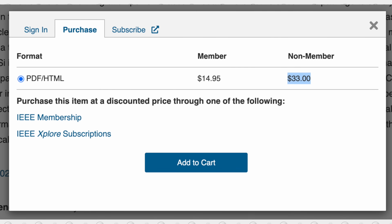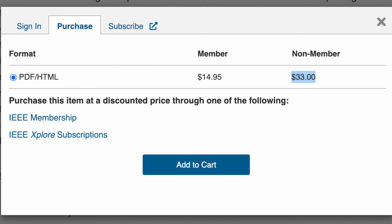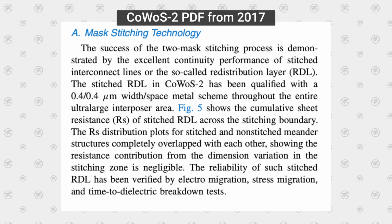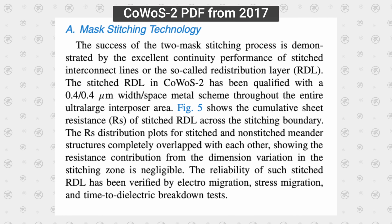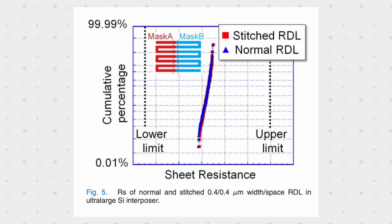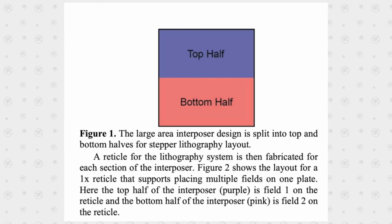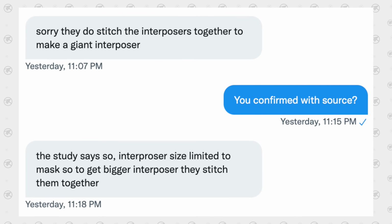But if you actually purchase the PDF, you get access to a big secret. Apparently, they have something called quadruple mask stitching, which literally allows them to take 4 interposer squares and stitch them together for a massive interposer. And in TSMC's testing, there were no issues with stability while doing this. And yes, I confirmed with the source that Apple is in fact using quadruple mask stitching for the quad die